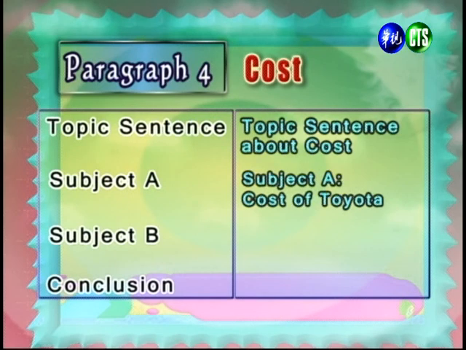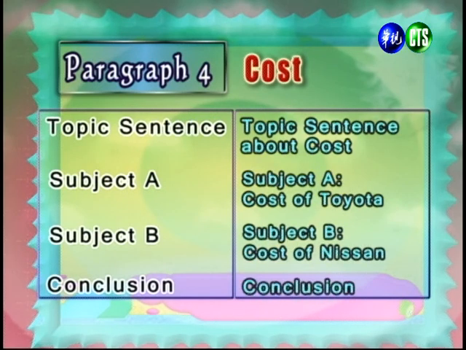Okay, and so again, this is organized just like the previous two paragraphs. We begin with our topic sentence, which is about cost. 好，那跟前面两个段落是一样的。主题句我们先把花费这个点出来。And then this is followed by first discussing the cost of the Toyota, and then we follow it with information about the cost of the Nissan, and then we conclude it. 好，那接下来的写作方式还是一样的。首先，我们先探讨 Toyota 的价格，接着我们再探讨 Nissan 的价格，最后我们再提供一个结尾句。